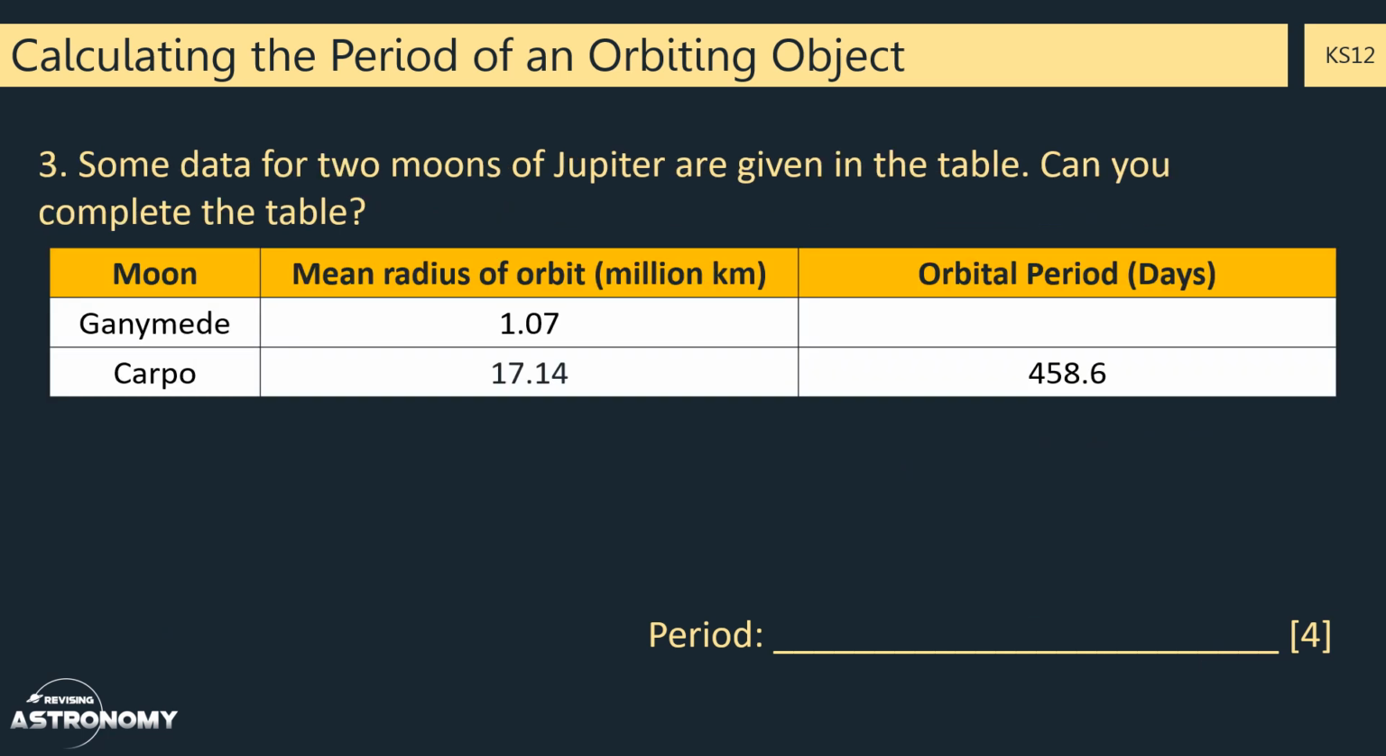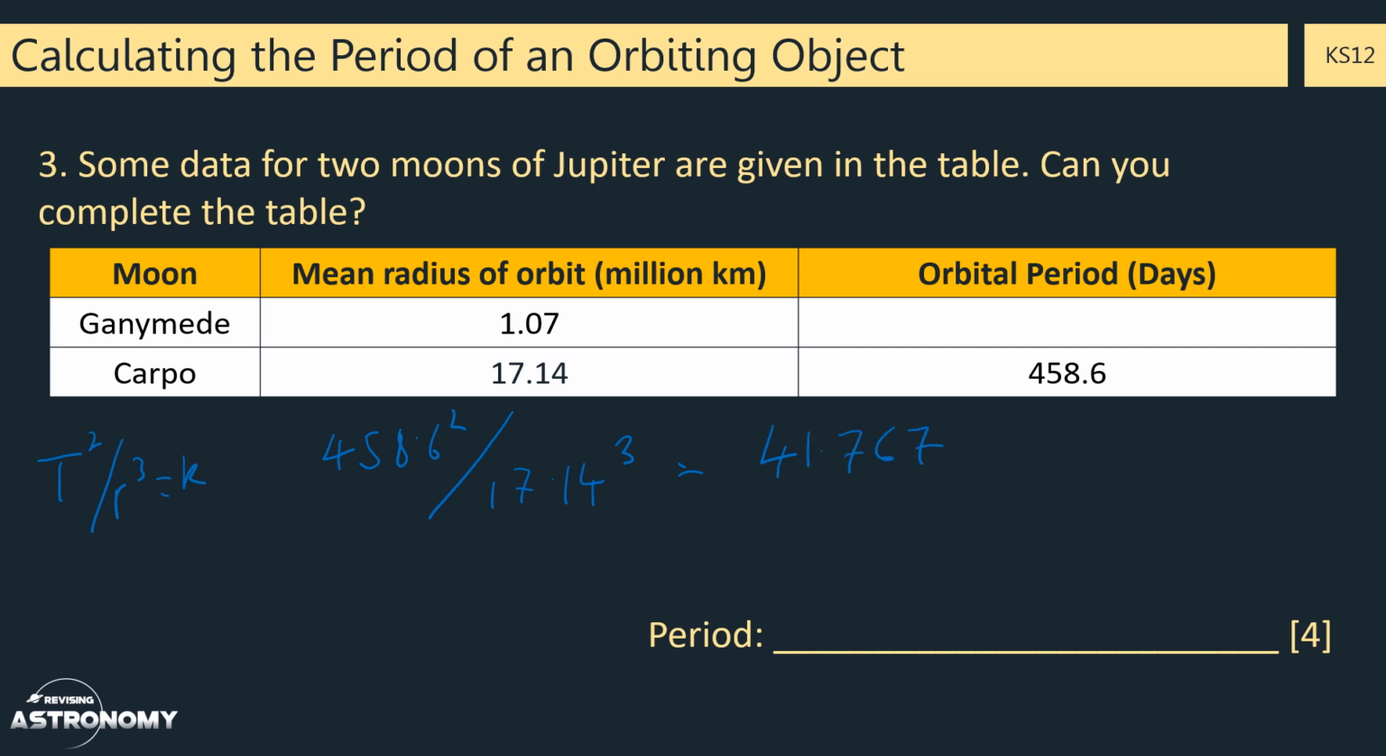In this question, we're trying to work out the orbital period of Ganymede. To do this, we've got all the details for Carpo, another moon of Jupiter. Again, we can work out T squared over r cubed to give us k, the constant. The orbital period is 458.6 days, so we square that and divide it by the orbital radius, 17.14 cubed, which gives us a constant of